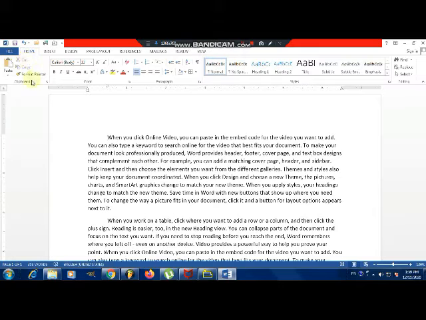After cutting that selected sentence, you have to place the cursor at the end of this paragraph, or where you want to paste or insert. After placing the cursor, you have to click paste. You will get that cut sentence at the end of this paragraph.